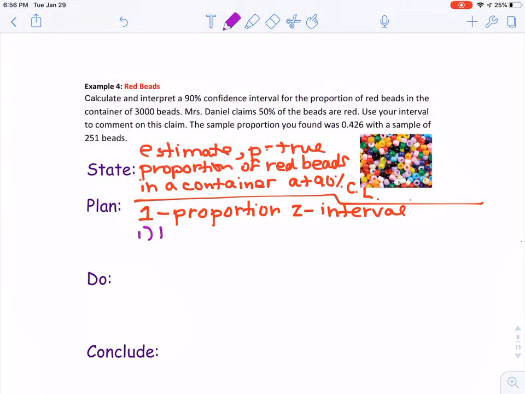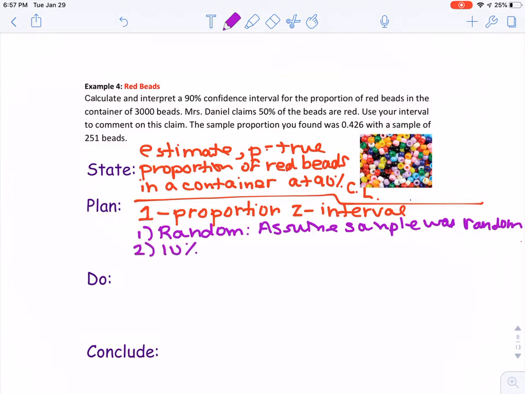Of course, we know the first one is random, and that's where I was saying it really should have been mentioned in this problem that it was random. So we're just going to make this assumption, and we're going to say assume sample was random. Okay, I have read before that the conditions are all supposed to be met for any free response problems they give you that are similar to this. If for some reason you think it's not, you can state that it's not, but you should continue on with the do step and the conclude step so that you're finishing the entire problem there.